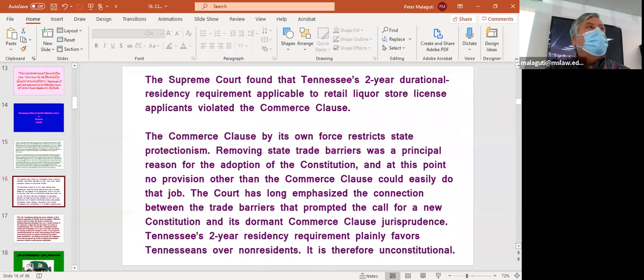The Supreme Court finds that this violates the Dormant Commerce Clause, and with good reason. The law on its face is discriminatory against out-of-state businesses. Obviously, if you prevent someone from opening up a retail liquor establishment unless they've lived there,